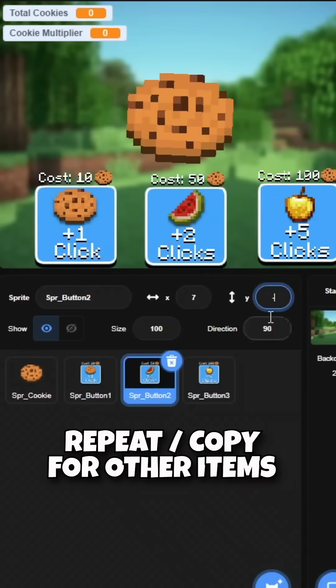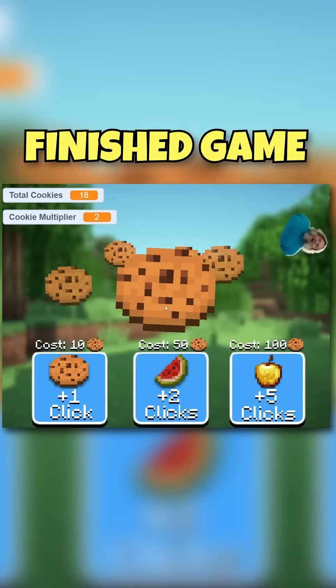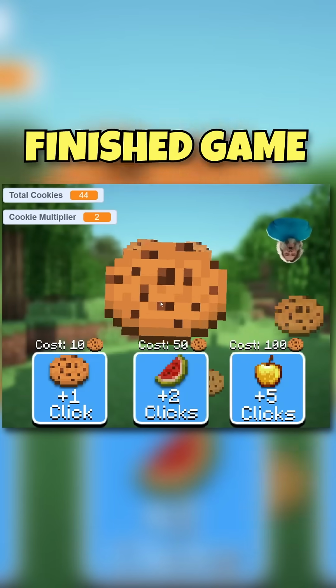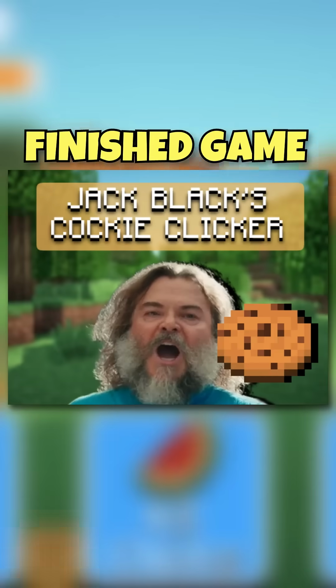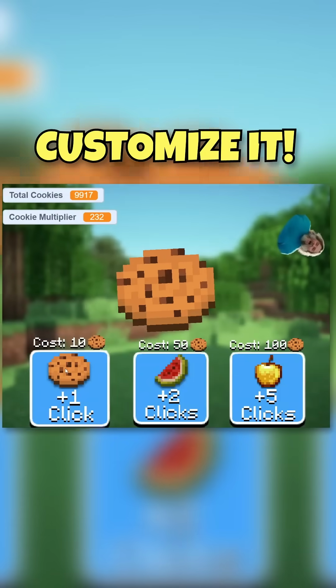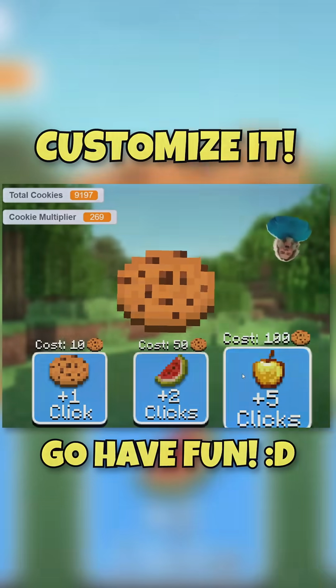Repeat this process to add more shop items, and with that, we have pretty much a basic, fun, and addictive clicker game. Feel free to expand this further and add more items, a title screen, or whatever you feel like. This game can be customized to be whatever you want, so please have fun with it. And that is